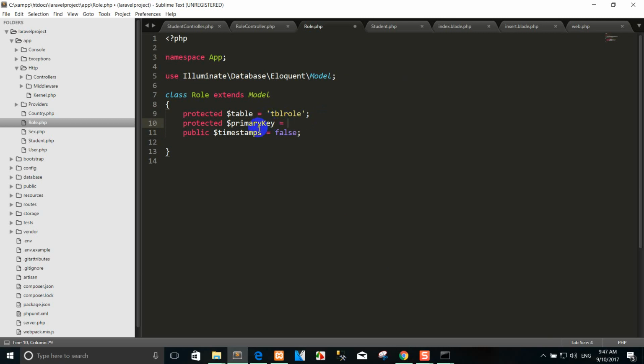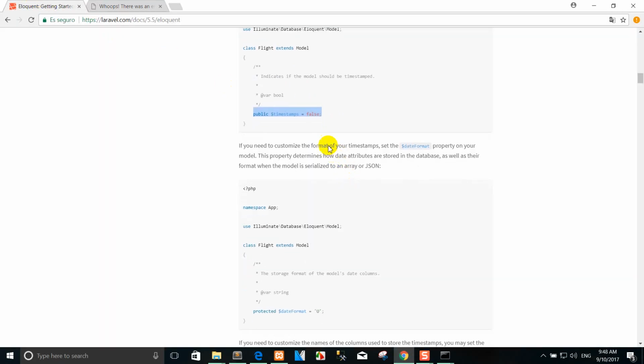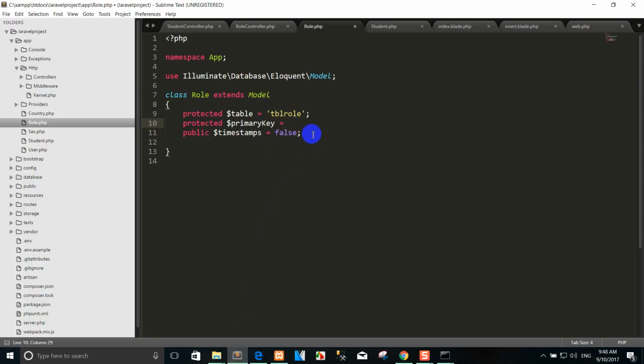Yeah, you must use the keyword primary key, so you can use the protected key and row ID. Okay, when we use it like this,